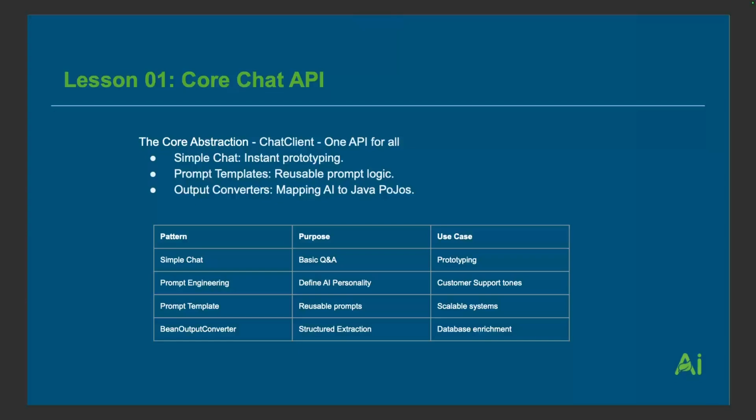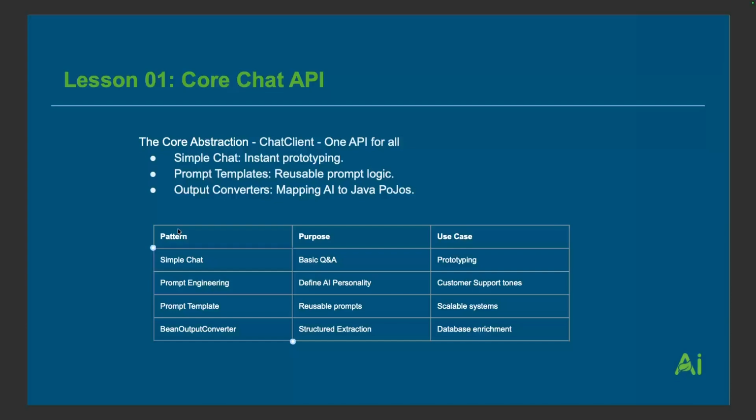Now, let's start with lesson 1, Core Chat API. This tutorial introduces Spring AI Chat Client, the fundamental API for interacting with LLMs. You learn 4 different patterns for building chat interactions, from simple prompts to structured output. Everything in Spring AI flows through Chat Client. It's a bridge between your Java code and any LLM, whether that's OpenAI, Claude, Ollama running locally, or Azure OpenAI